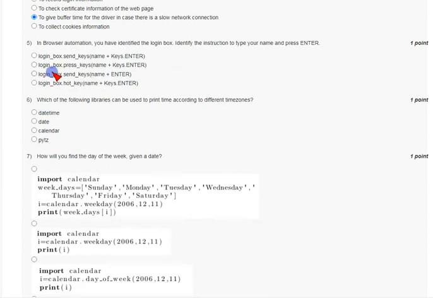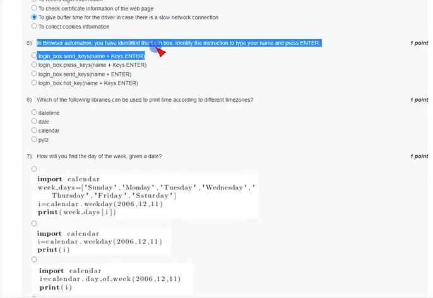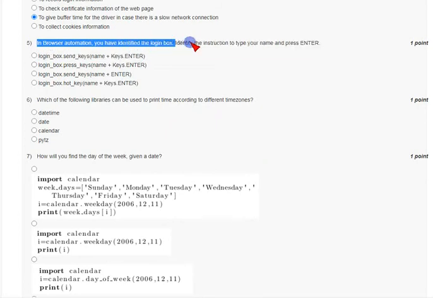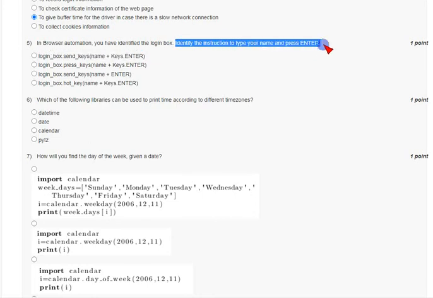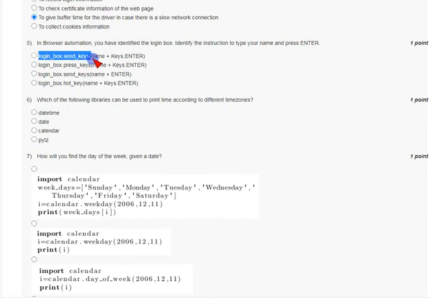Coming to fifth question, in browser automation we have identified the login box. Identify the instruction to type your name and press enter. So what is the answer for this? Option A, login_box.send_keys(name + Keys.ENTER).